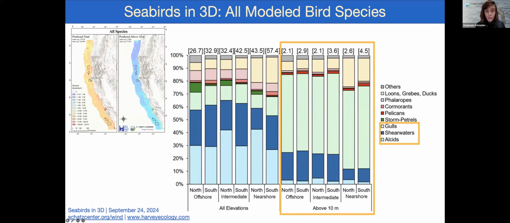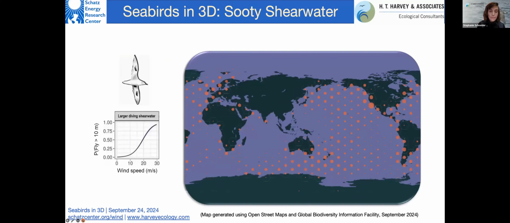So for the remainder of this presentation, for the 3D seabird portion, we're going to focus, as a walkthrough, on 3 types of birds: the most present birds, and also alcids because they include our threatened and endangered birds. So next slide, please. This is just a range map of sooty shearwater, and you can see they're throughout the ocean. If you go to the next slide,